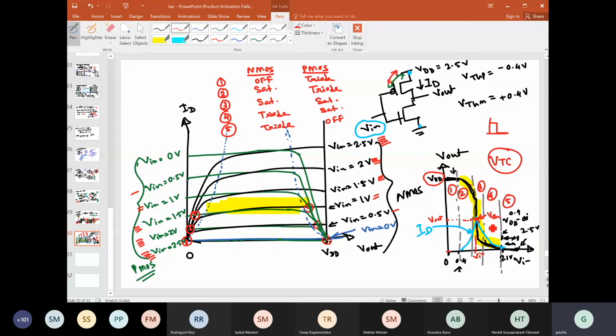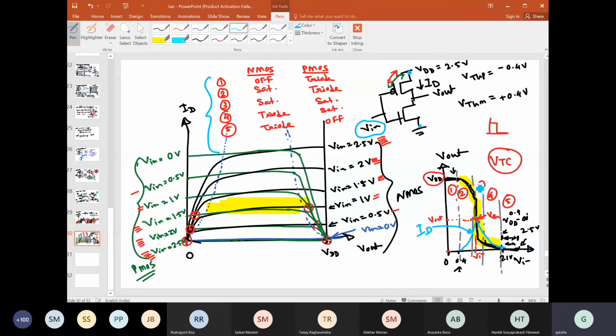We'll see that. But at the same time, I would also like to say, suppose you now know in which region which transistor will be operating. So if you know that, you know the respective equations as well. Then if I ask you to find what VIL will be equal to, what VIH will be equal to, what VOH will be equal to, what VOL will be equal to, I guess you should also be able to find those parameters, right?